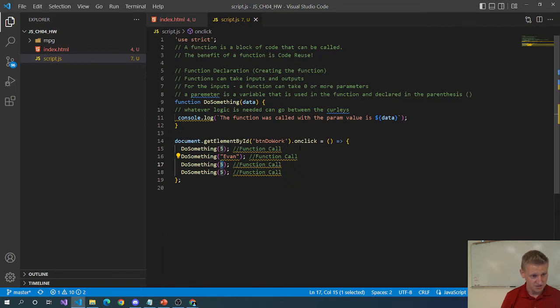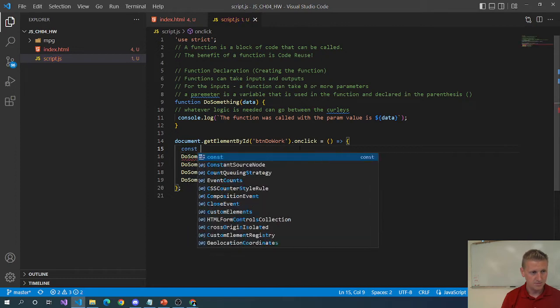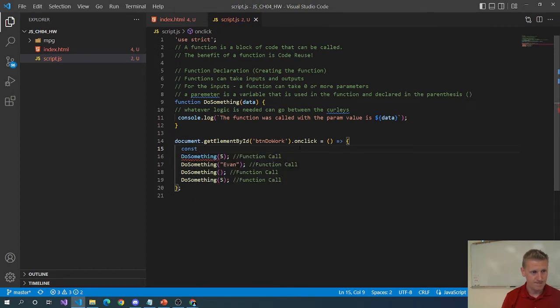Like let's just pass it like a new array. Here, let's do this. I'll pass it the numbers array